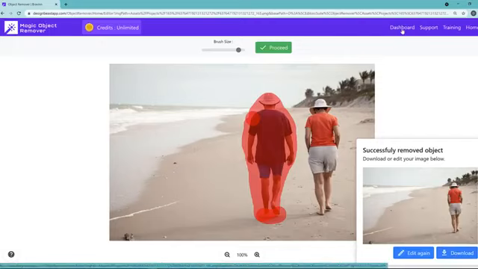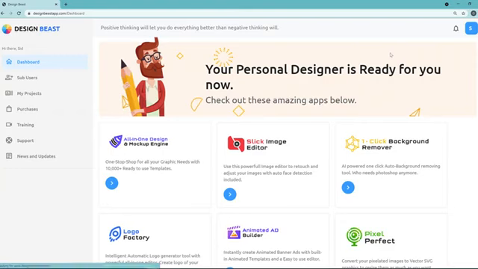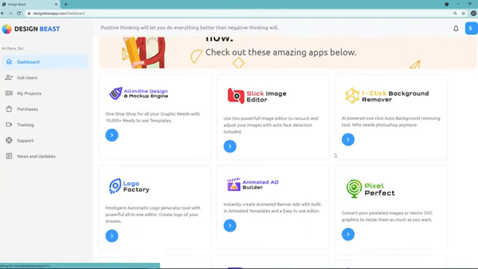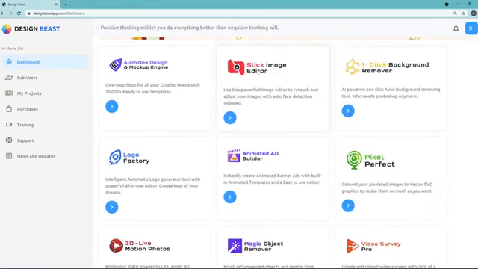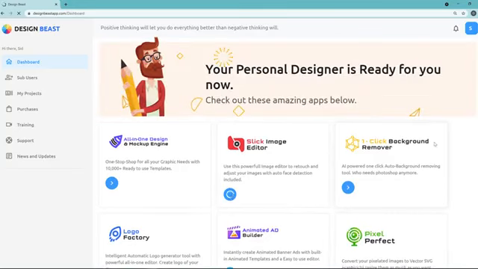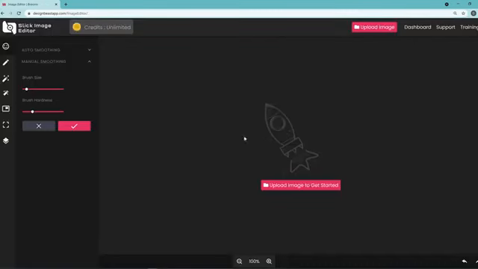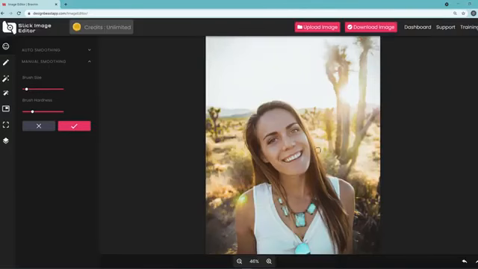Now click on the dashboard here one more time. Let me show you the other great application that's built in here, which is, as you can imagine, the Slick Image Editor technology. Click on that. And this one is pretty cool, by the way. You can immediately upload any of the images or anything that you've created right now and add effects, and you can do all kinds of cool things. So for example, let me show you the beautiful part about this. I just uploaded this one right here